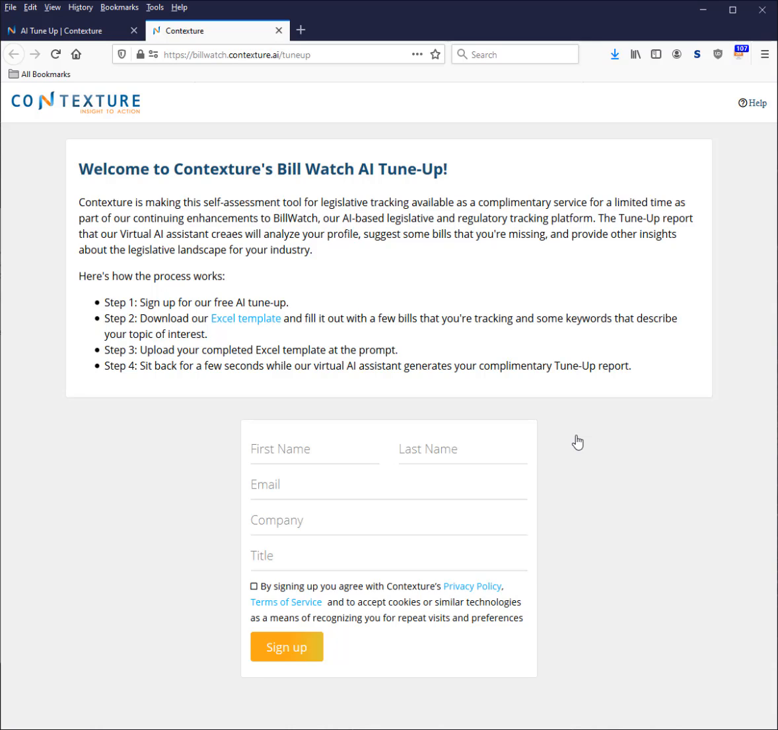This page also describes the process steps that we're going to go through. We'll walk through these steps in the video using some sample data to illustrate the process. The first step is to fill out the form with your contact information and click the Sign Up button. Signing up is free. Step 2 is we will provide some information about our bill tracking profile in the form